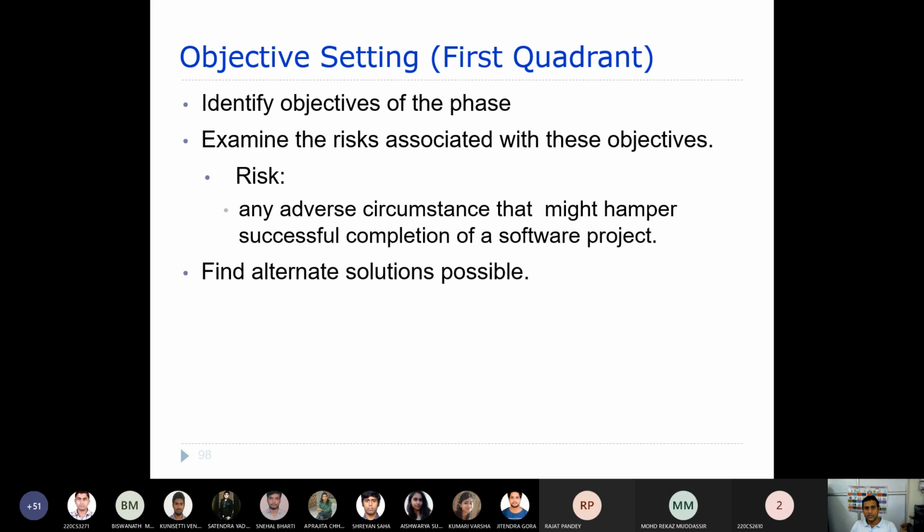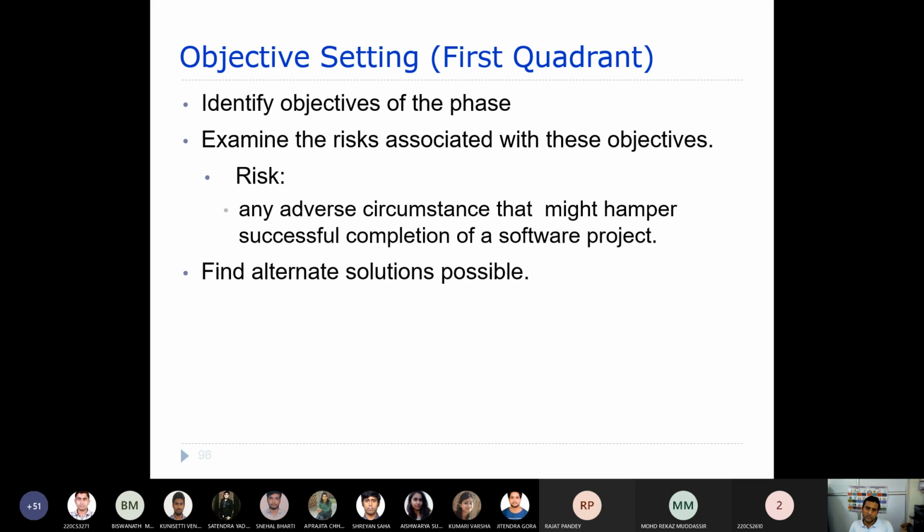So identify objectives of the phase, the first quadrant. There we have already discussed, and we examine the risk associated with these objectives. Are there any adverse circumstances that might hamper successful completion of the software? If there is any risk associated with these objectives, you try to examine and identify whether, if you go with these objectives and these are the risks associated, the software may not be delivered to the client on time.